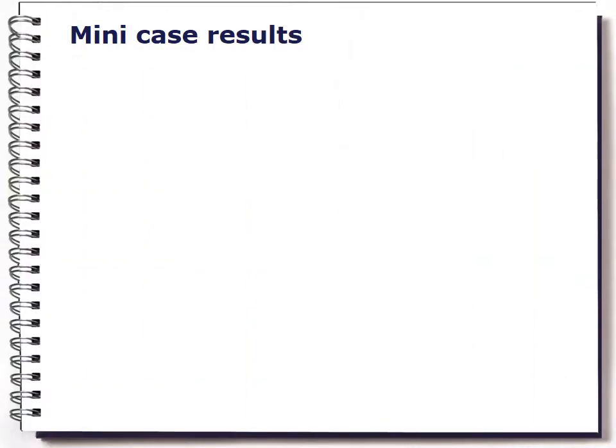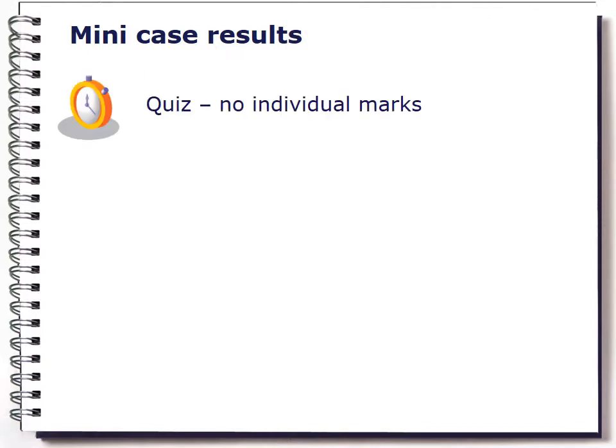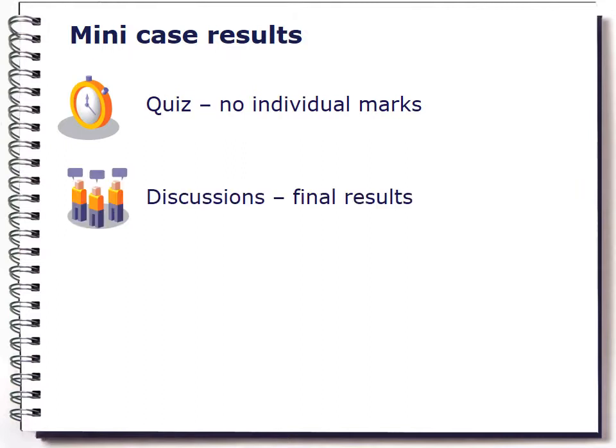The results from the mini cases or the preparation are actually submitted by the students on ClickUp using the quiz tool, which means the marks are immediately available, even though I do not provide them with their own individual marks. I only post on discussions the final results, showing them that there are a lot of students that do not have the right answers, and having this low average actually triggers their curiosity, so that they would be interested in what's going to follow and what might be the right answers.